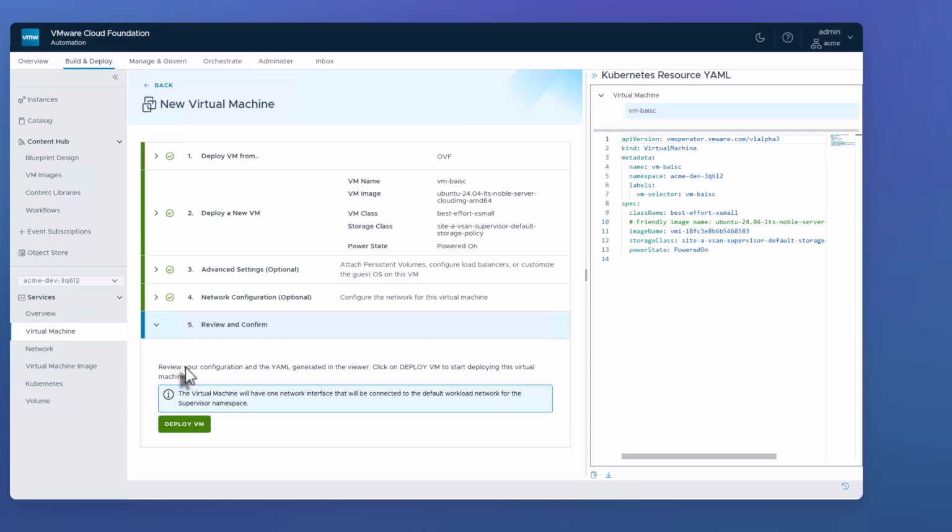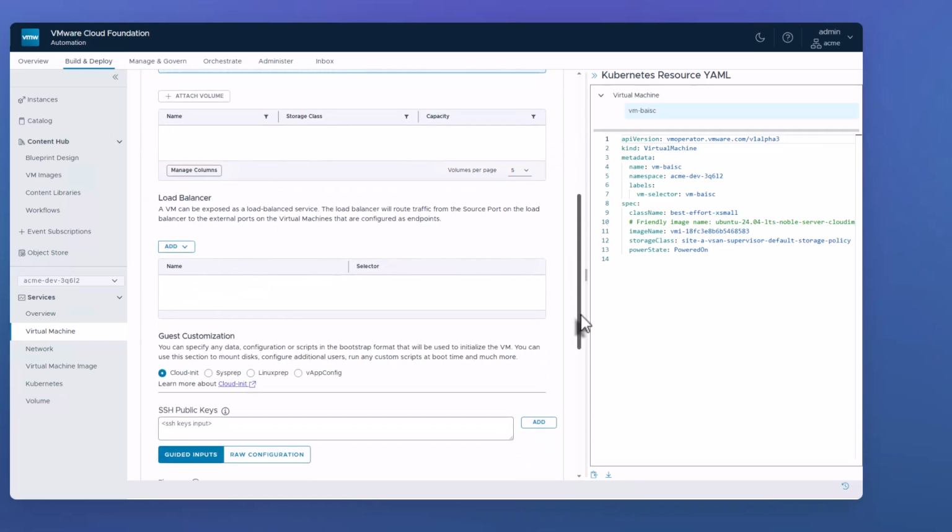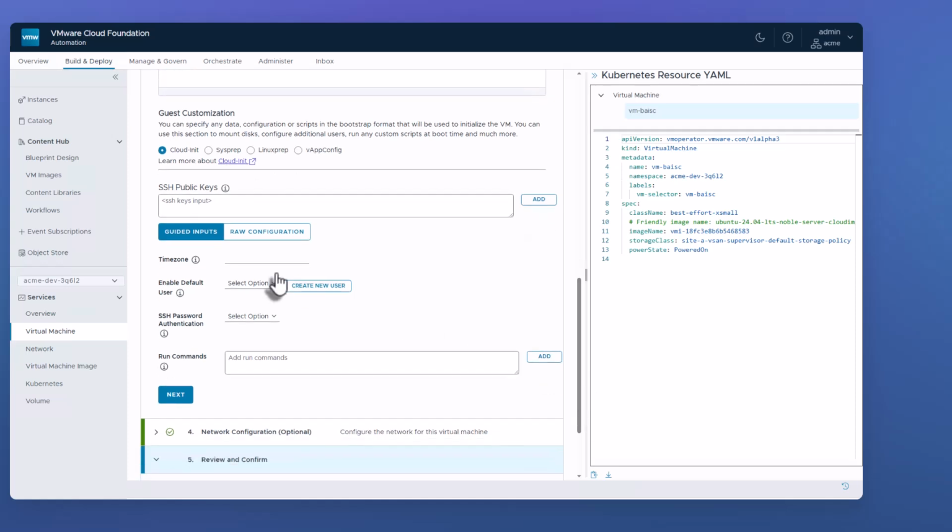So what we need to do at a minimum, go to advanced settings and scroll down to the guest customization section. And for simplicity, we're gonna use the guided inputs. So for this, we can go and select our time zone, enable the default user, which is the Ubuntu user. You have the option to create a new user, but we'll leave that for the advanced demo. And here you can see on line 14 that there's a section called bootstrap now, where we include our bootstrap